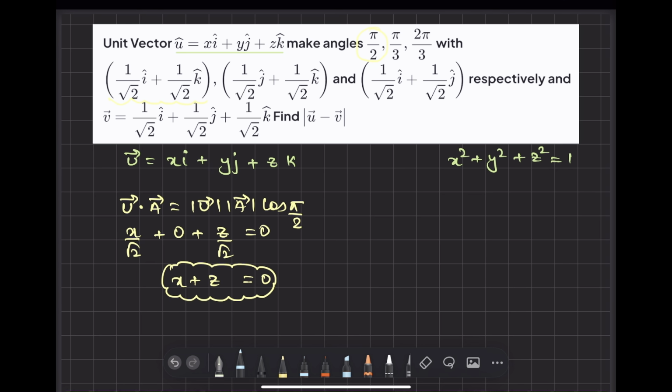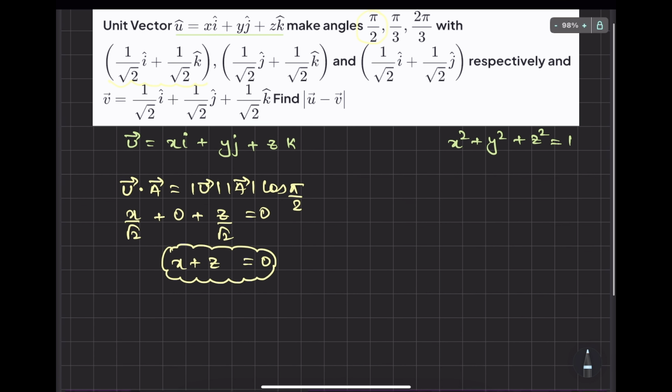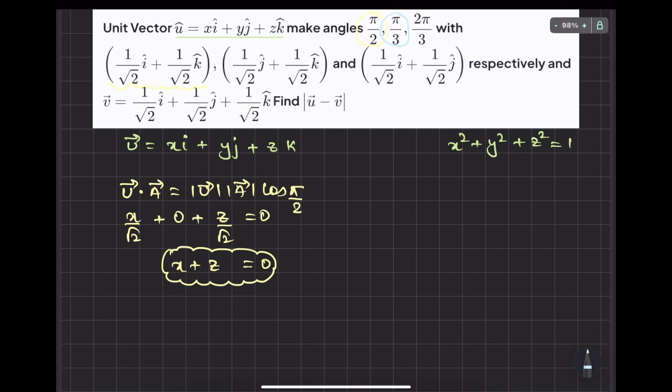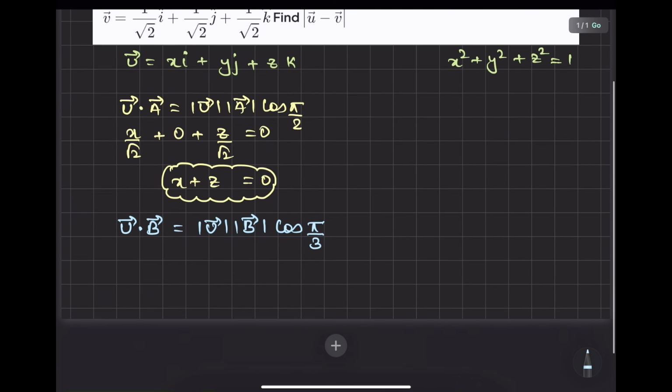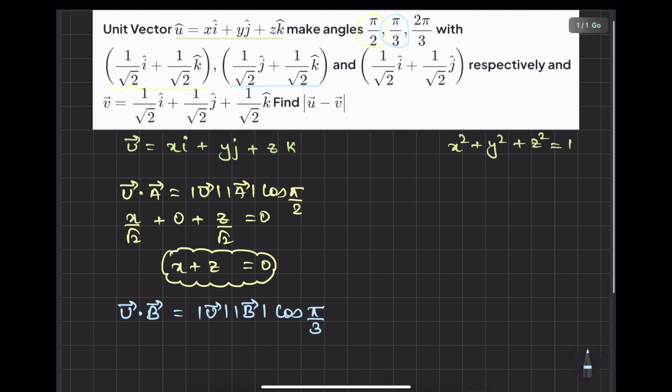Similarly, we guys can use the second thing as the angle is 60 degree with this vector. So can I say that vector as b vector? So can I write mod u vector mod b vector and then cos 60? Now simplify things. So i will be multiplied with i, j will be multiplied with j, k will be multiplied with k. So we got y by root 2 plus z by root 2 equals